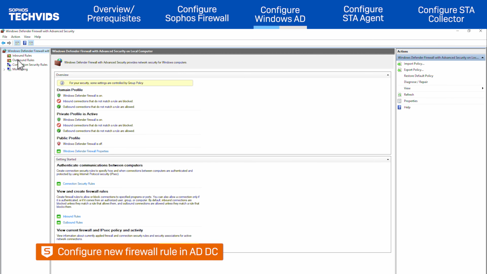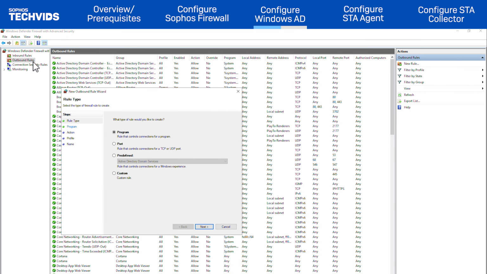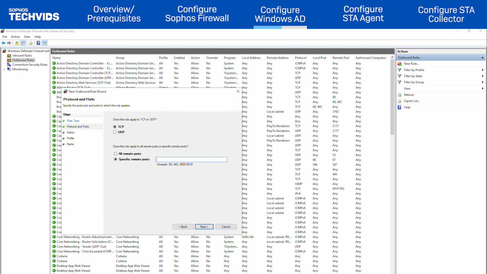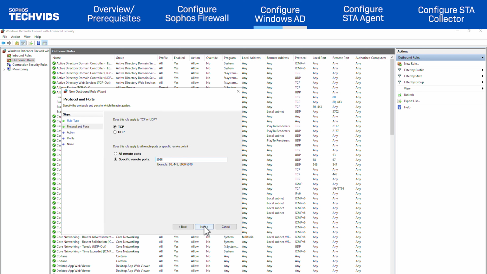To create outbound rules, first open Windows Defender Firewall with Advanced Security. Next, right-click on Outbound Rules and click on New Rule to open the new Outbound Rule wizard. In the Rule Type section, select Port and click Next. Then, in the Protocol and Port section, set specific remote ports to allow TCP port 5566 and click Next to